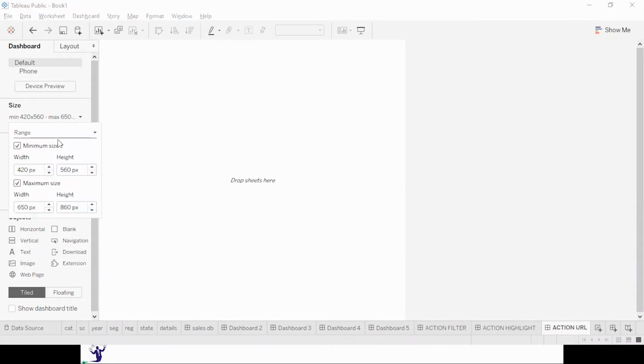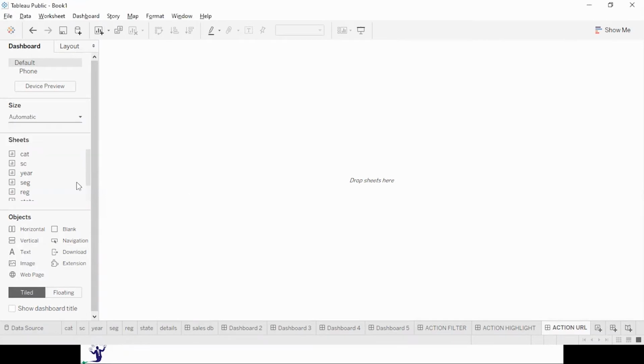Remember the action URL we have done in the worksheet? Anyone? What were we doing in that? We click on any region and it opens a web page. Right, when we click on a particular state, we are taken to the details page of that particular state